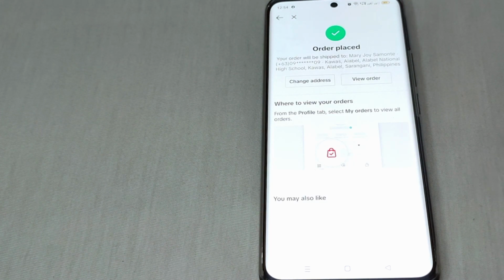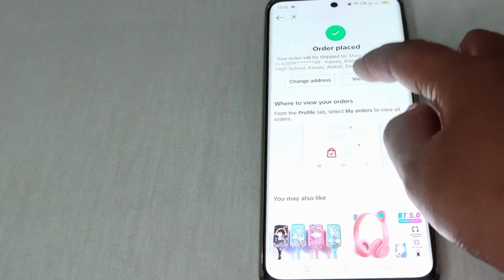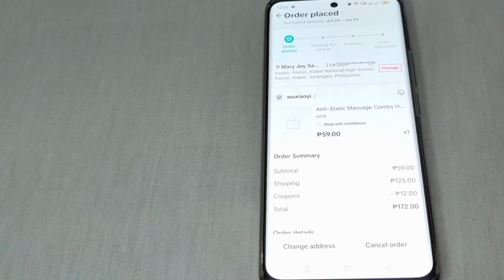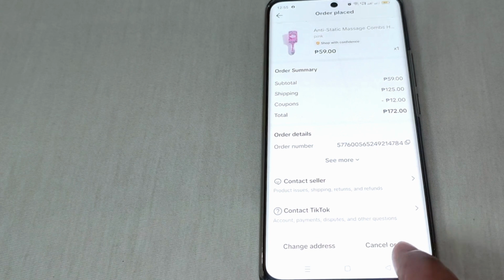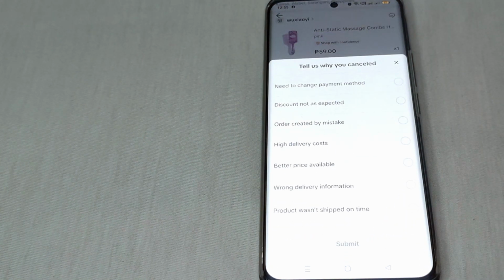Okay, so since we are going to cancel our order, we have to click this view order and click this change address or cancel order. So since we're going to cancel it, click cancel order, and we have also here choices why we canceled our